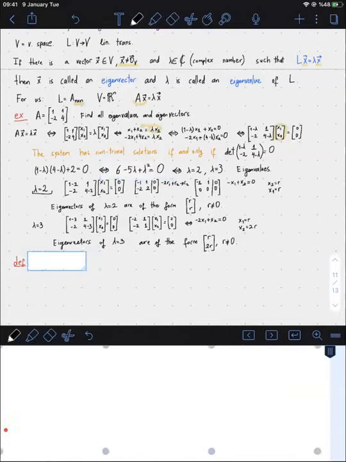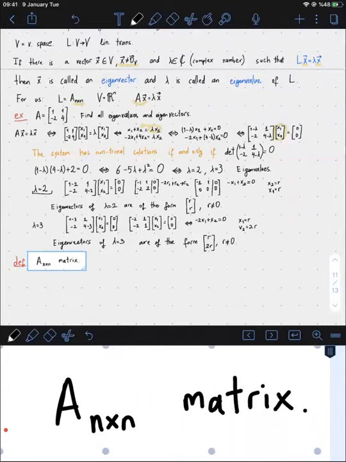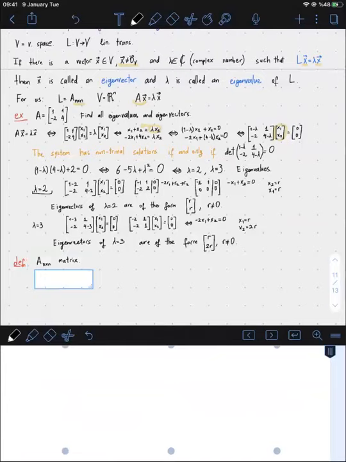So first, let's define that. Suppose we have an n by n matrix. Then we define something called p of lambda, which is the determinant of